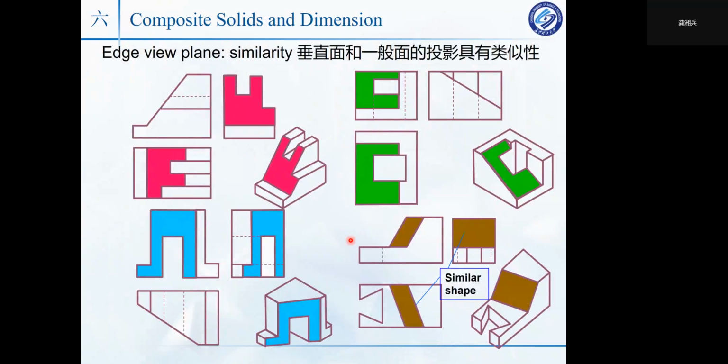Another one is the edge view plane similarity. Sometimes we get a plane perpendicular to another projection plane. On the perpendicular plane, most of the time we have similarity with the real shape of the plane. Just like here, you can see the red one is perpendicular to V, because on V, all the projection is accumulated into one line. But on H and on W it is